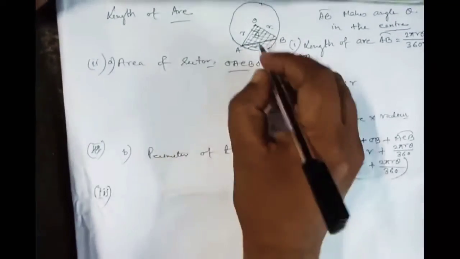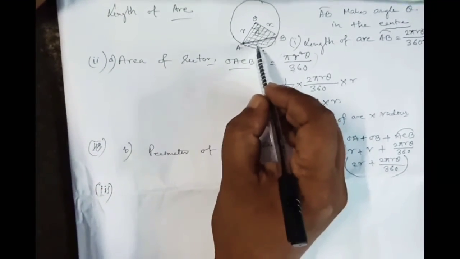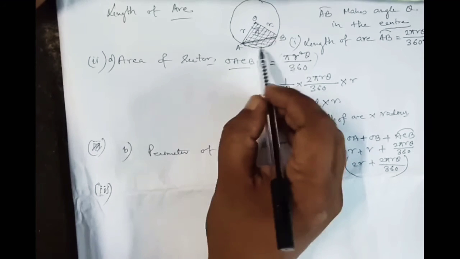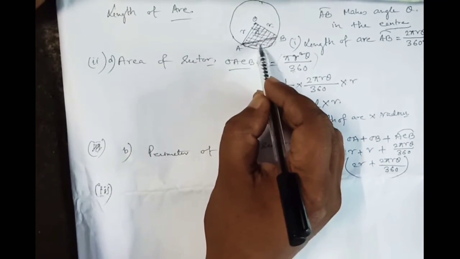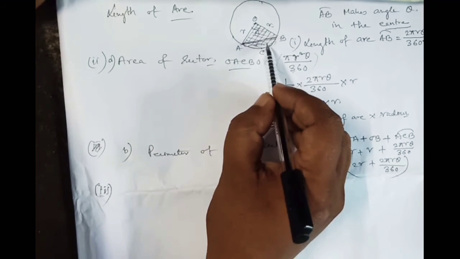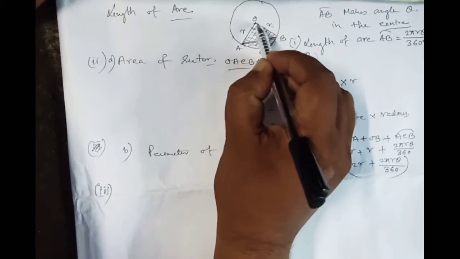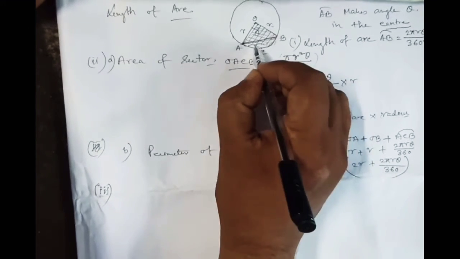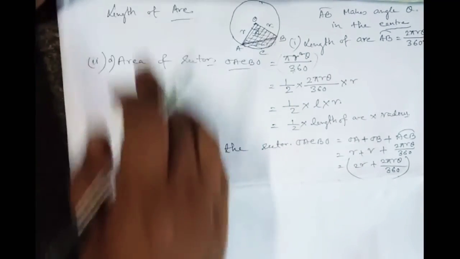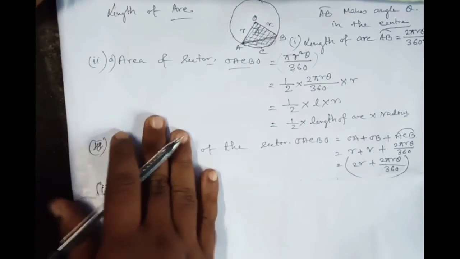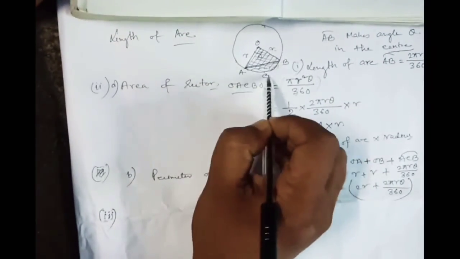Now here, this is the ACB. This is the minor segment. If we take this sector, this is the minor segment, this is the major segment. So here we have to find the area of the minor segment, that is area of ACBA,